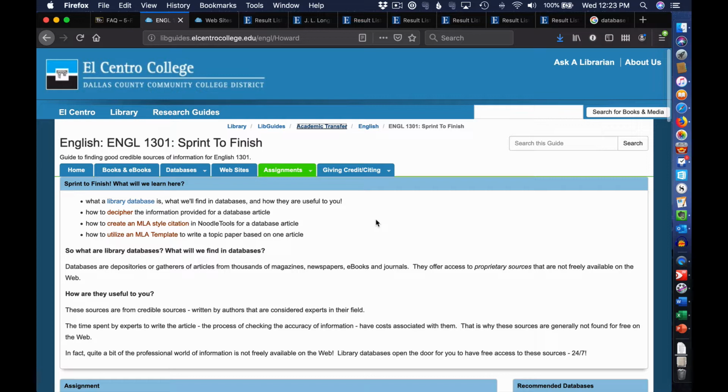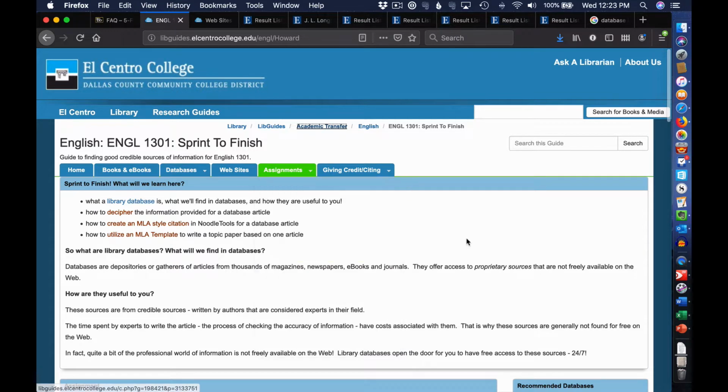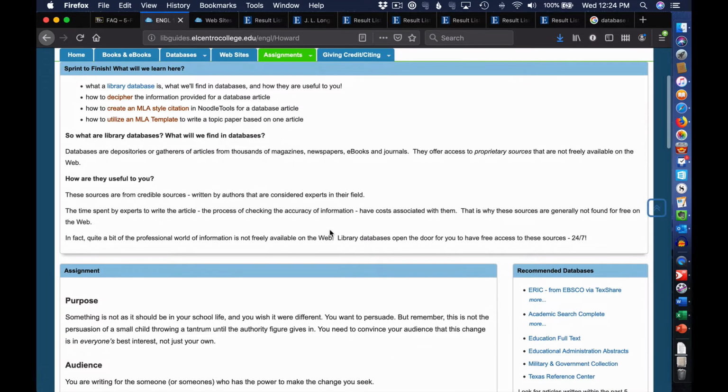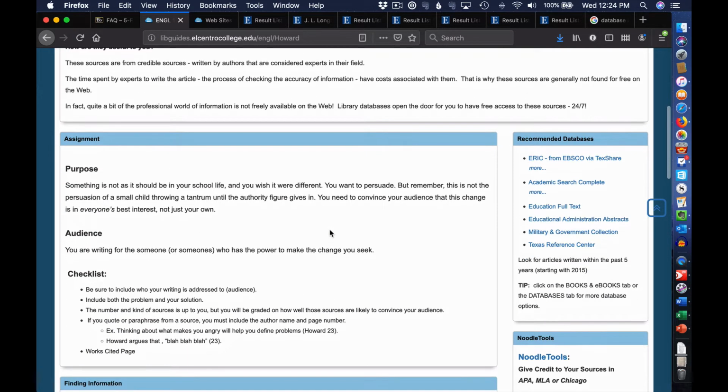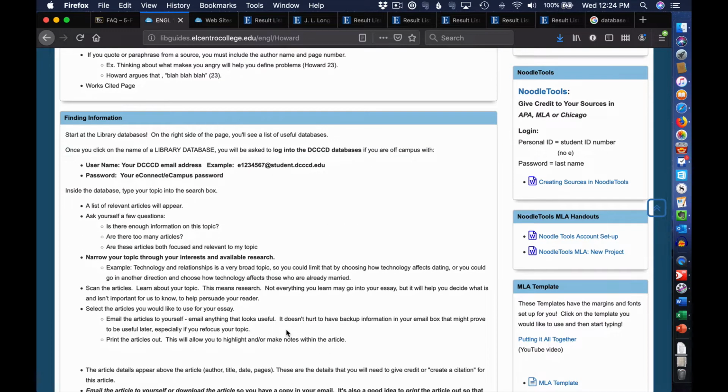If you're in a different English class, you might find that you have other assignments. So this is where you'd find assignments for whatever class that you're in. But we are in the Sprint to Finish class, and so that is the one that we're going to do. So this page will just show you overall how we're going to go about the research process using the databases. And it has our assignment here, and it has more information about how to find information,